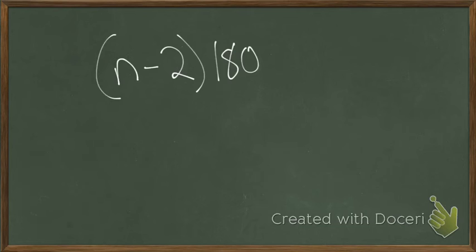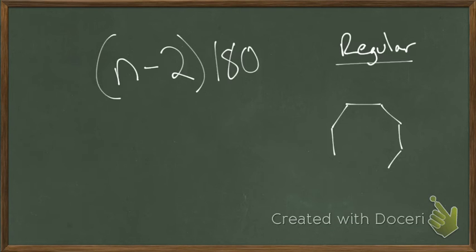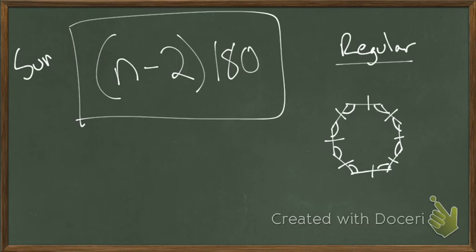Now, let's go with an octagon, and I'm going to use this word regular. A regular octagon, which mine's not going to be drawn real great, would mean all sides are congruent and all angles would be the same. That's what it means when you see the word regular with polygon. So if all angles are equal, this right here alone would give me the sum